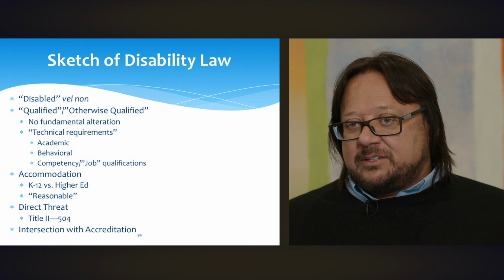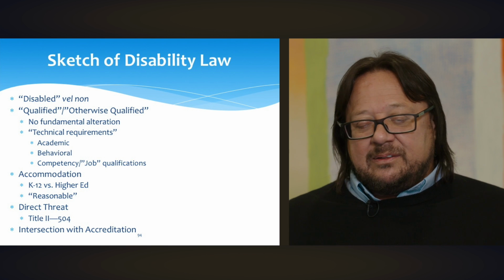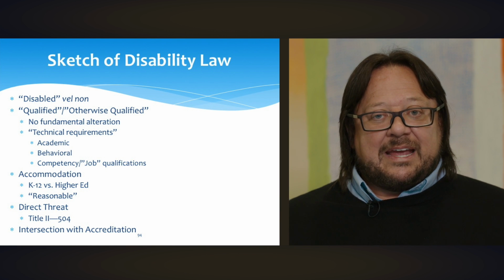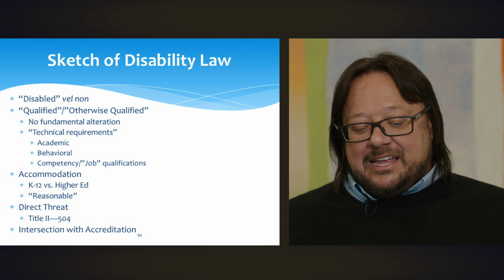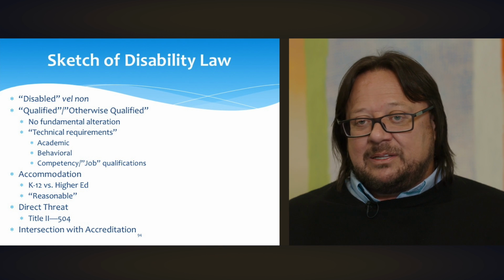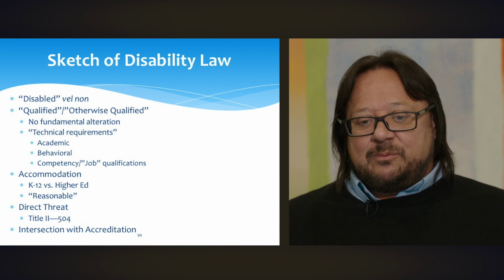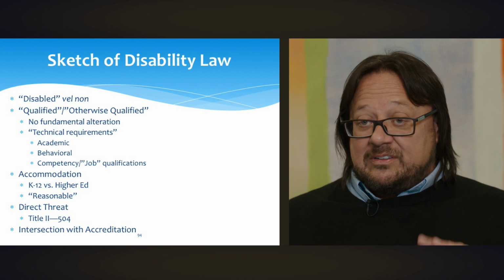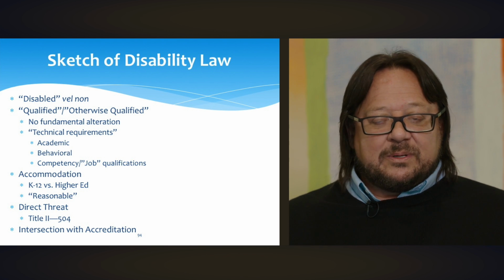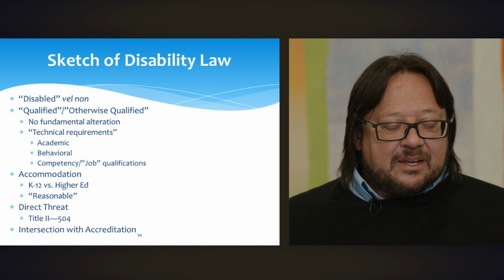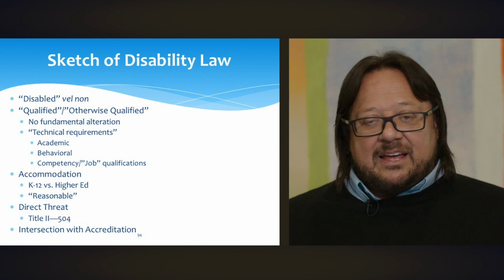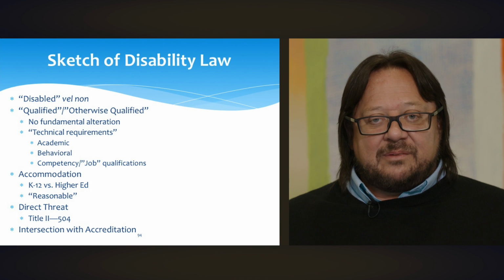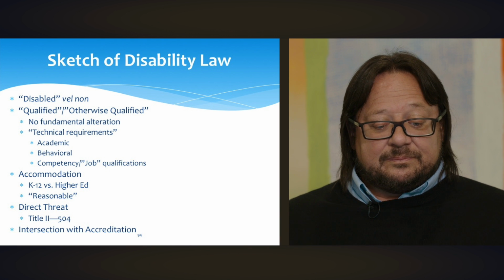What's reasonable is often subject to debate, and we've been noticing particularly recently with comfort and service animals that our idea of what might be reasonable about the menagerie of animals coming to our residence facilities might be a little different from what the federal government is thinking. It never hurts to look at what's happening in employment law or in K-12 to get a signal for what might end up being reasonable here. Again, these are not the same environments, and you may get different results, but it does signal certain trends. For example, the comfort and service animal issue has been common in K-12 for some time, and a lot of the understanding about the need and the appropriateness of comfort and service animals comes from that universe.